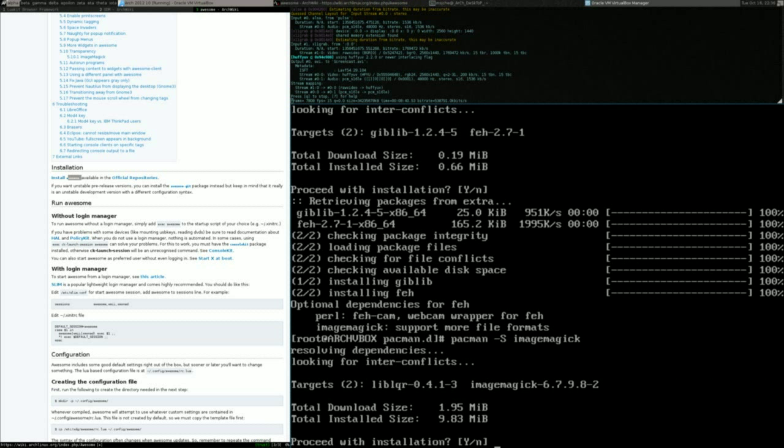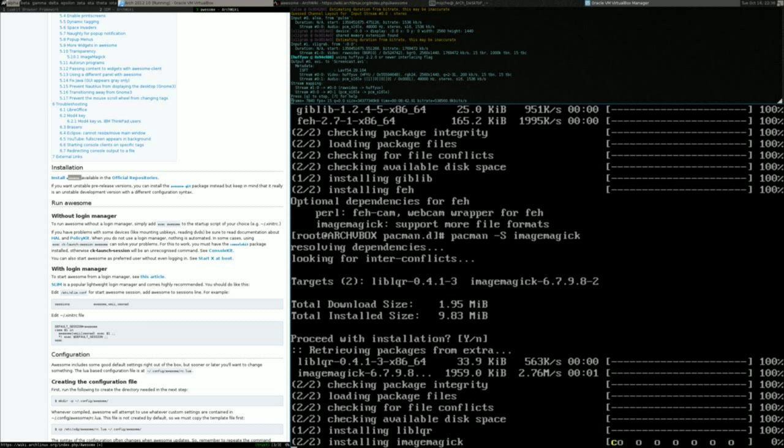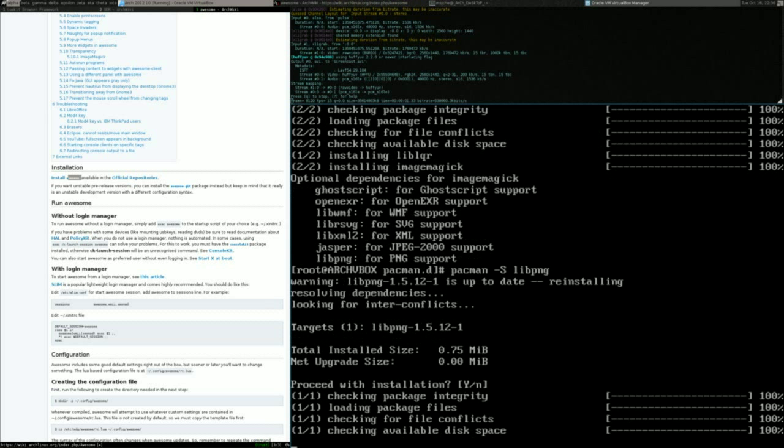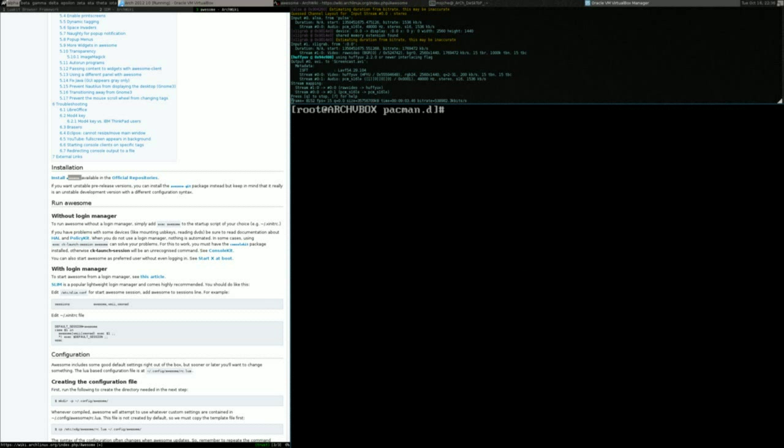All right, so that shouldn't take long. And yeah, pacman -S libpng. You're going to need that. Also the XML and WMF ones. That's probably good enough. Those are specialty stuff. Okay, so